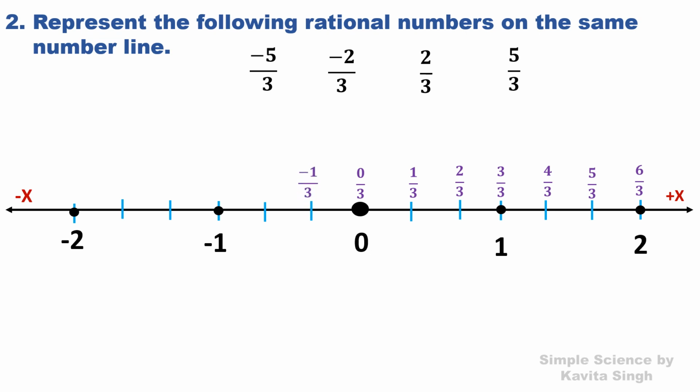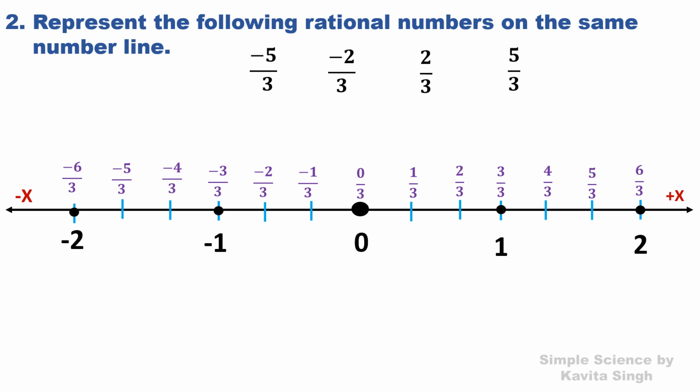So now this part is minus 1 out of 3. Next is minus 2 out of 3. Minus 3 out of 3. Minus 4 out of 3. Minus 5 out of 3 and minus 6 out of 3. Minus 6 by 3 is nothing but minus 2. Minus 3 by 3 is nothing but minus 1. Okay. So we have got all the rational numbers or all the fractions on the number line, but we need